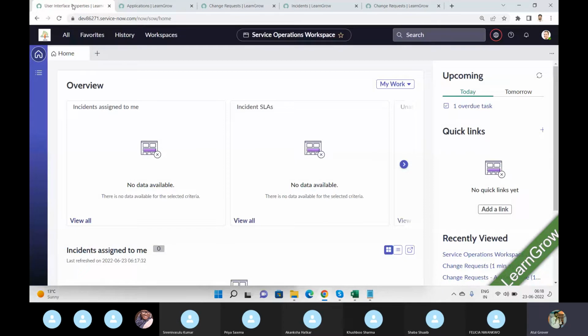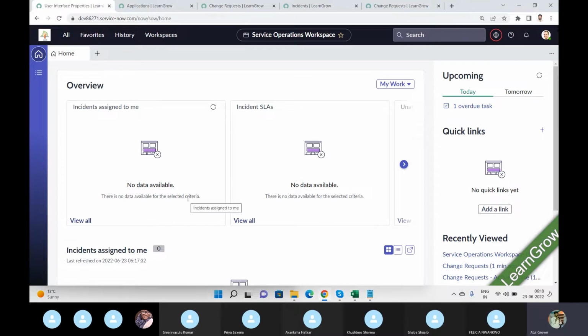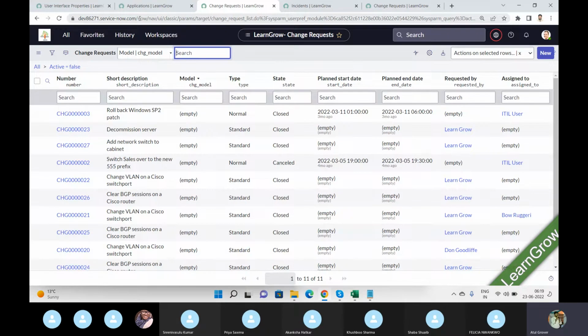It's still loading. Okay, now if you notice one more thing in the meantime, it's opening. The properties which we are seeing here, Atul, don't look good to me. Not interesting. Can you show me something in the list view format? I can show you. Do one thing, go here and at the .com,